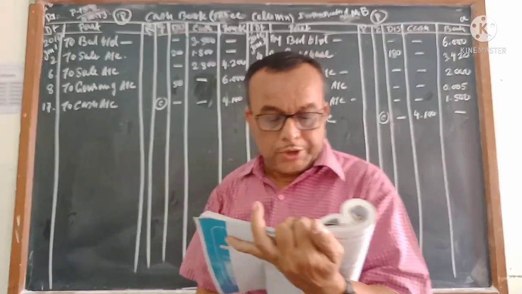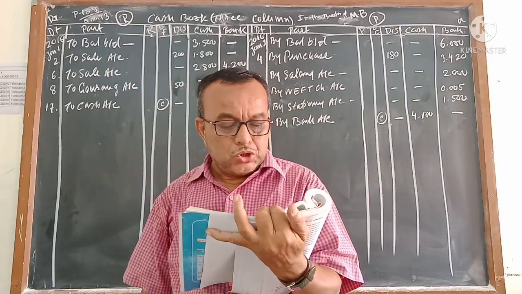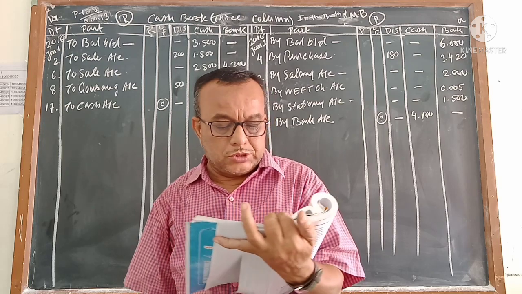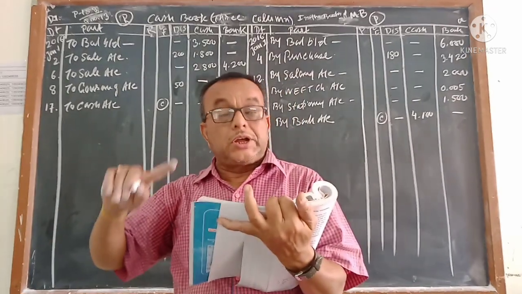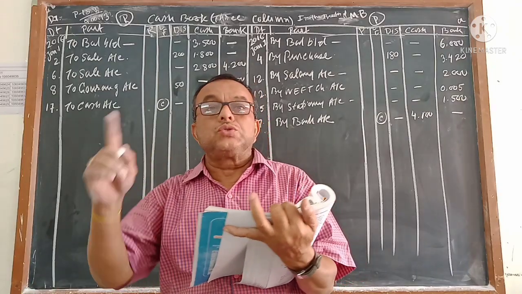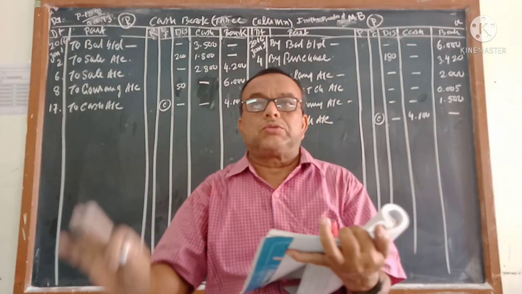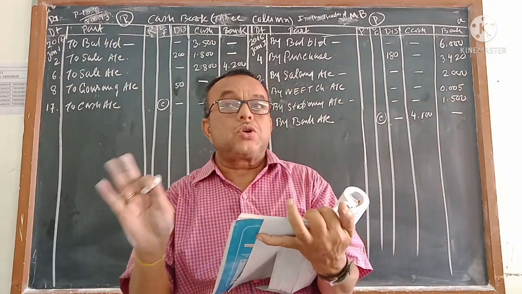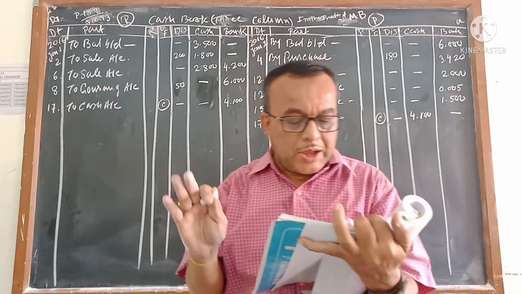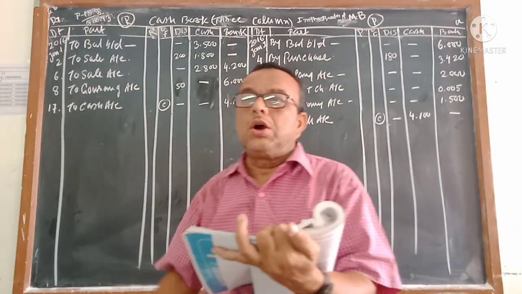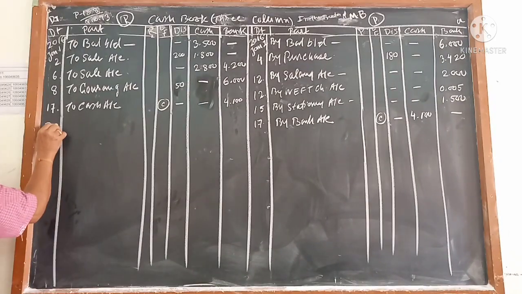Next is coming number 20. As more funds are required in the business, personal vehicles of rupees 10,000 sold for rupees 8,000 and 7,000 is brought into the business. Personal vehicles which cost 10,000 were sold at 8,000, a 2,000 loss, but that is not a loss for the business. You should not think about that. You should think what is going on in the business. Only the business got 7,000, so you will pass the entry for 7,000.